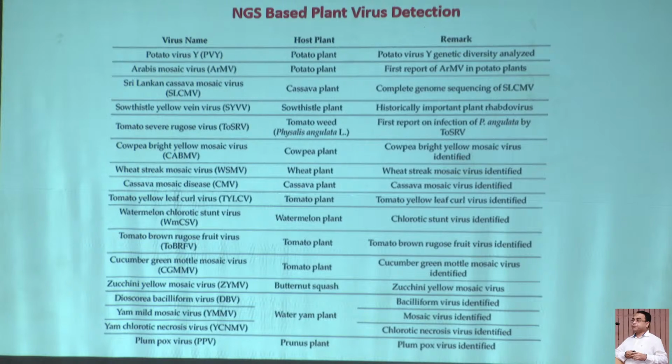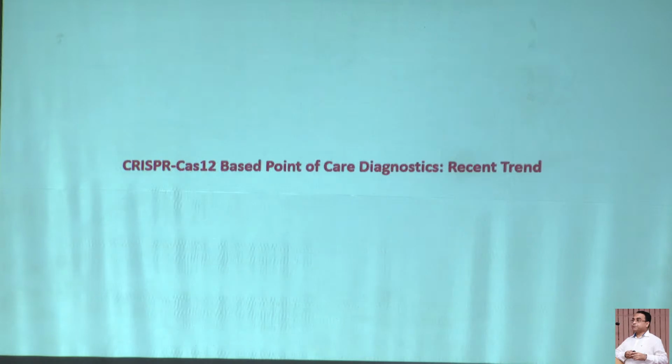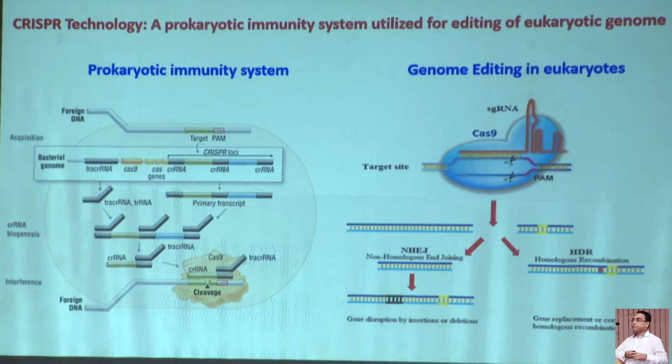So these are the different case studies where different unknown viruses have already been detected using this technique. Now coming to the last point, which is the very recent trend for plant virus detection: the CRISPR-Cas based detection of viruses. You know, CRISPR technology is a buzzword, and it is linked with genome